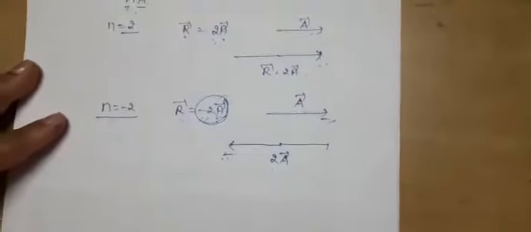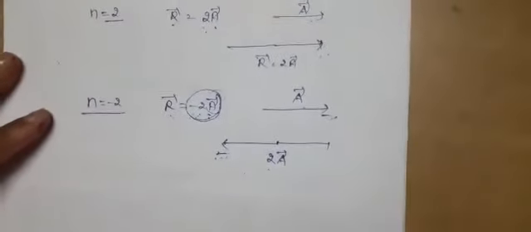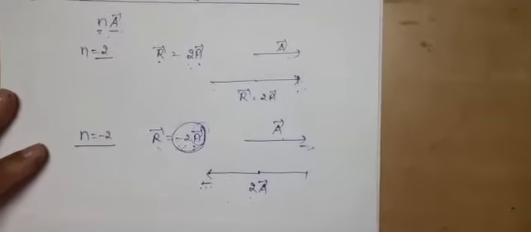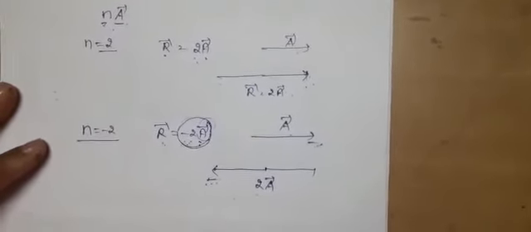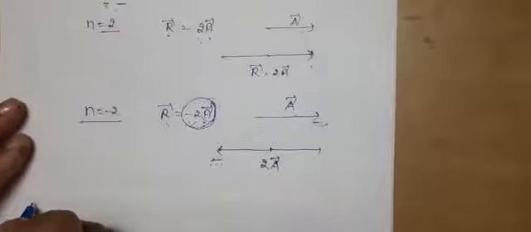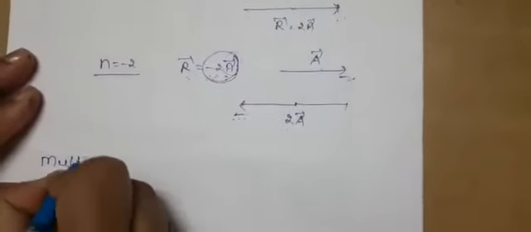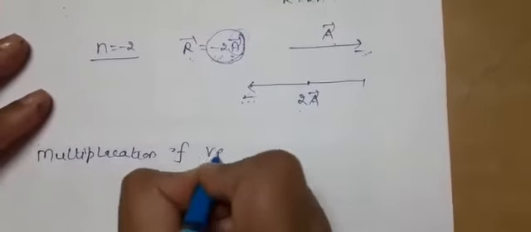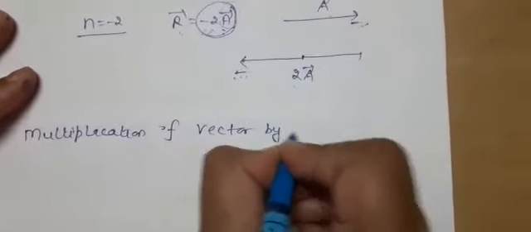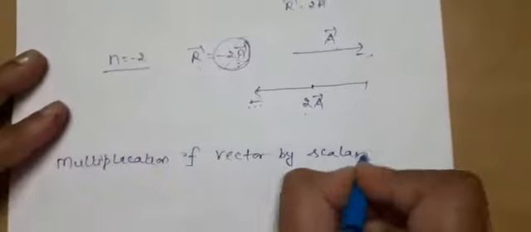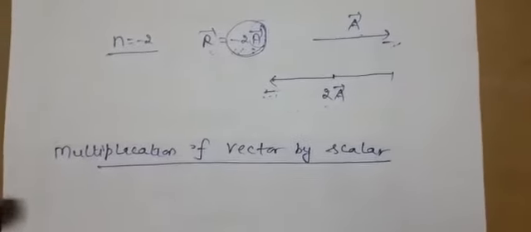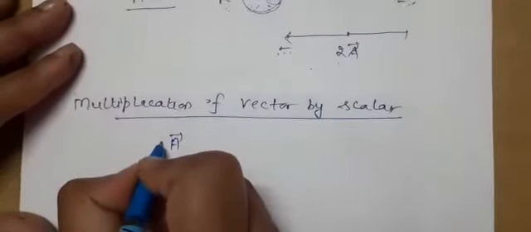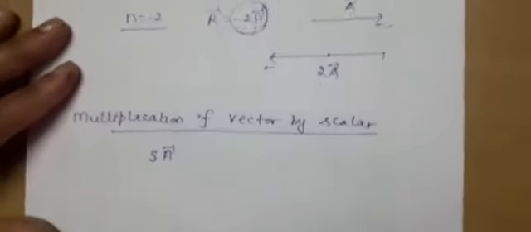So this is basically the case when the vector is multiplied by any real number, where there is a case of change of direction or no change of direction. But if a vector is multiplied by any scalar, multiplication of a vector by any scalar. Scalar means scalar quantity we are taking. Suppose we are taking a vector A and we are multiplying it by S. S is a scalar quantity.